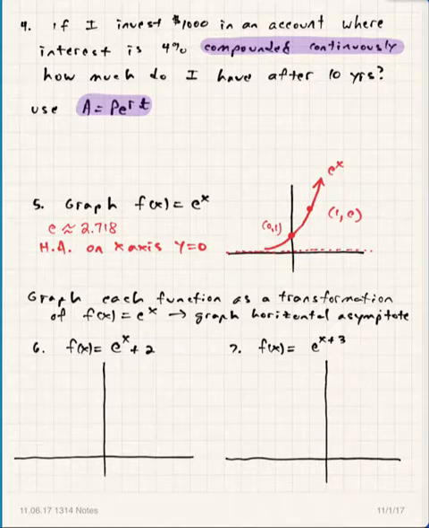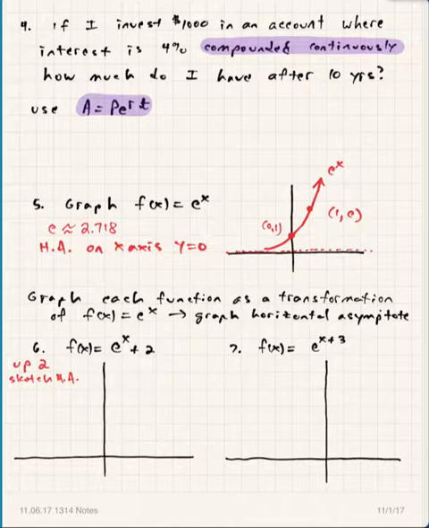All right, so on the graphs, I've given you a couple of graphs to look at. f of x equals e to the x plus 2. I'm not going to sketch these here at this point. I just want to talk about these graphs. This one is a shift up 2. And so this is one where the horizontal asymptote does get moved. So you need to sketch the horizontal asymptote also, because it's going to move up as well.